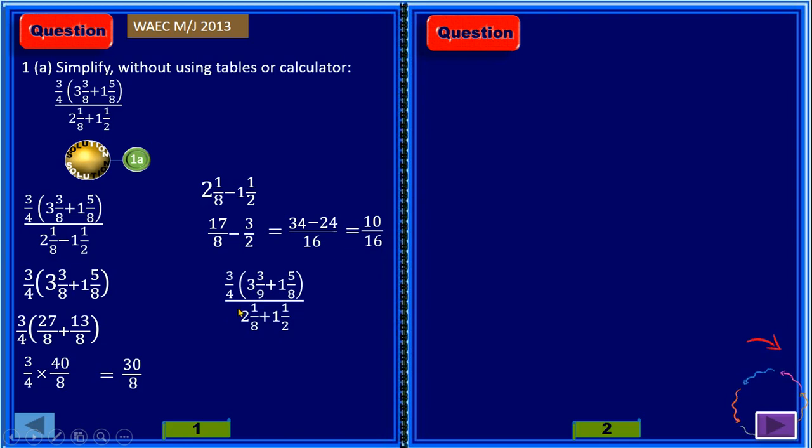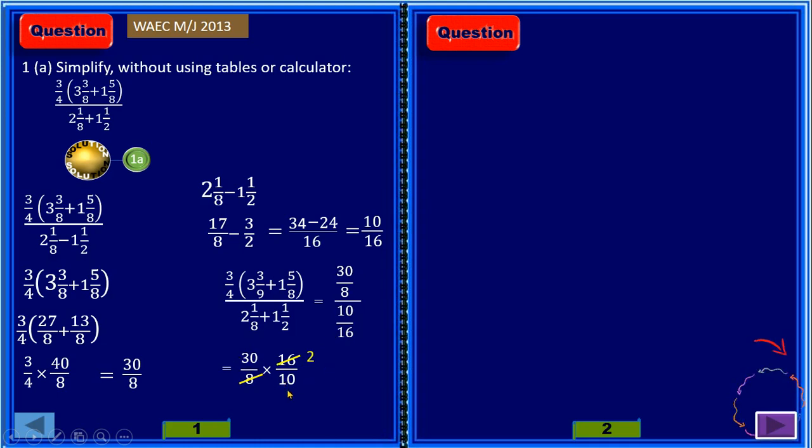So now we are going to simplify the whole fraction. That gives us the numerator over the denominator. Changing this division to multiplication, we invert the denominator. So that gives us 30/8. Division now becomes multiplication. Then we invert the fraction. It becomes 16/10. Now simplifying this,